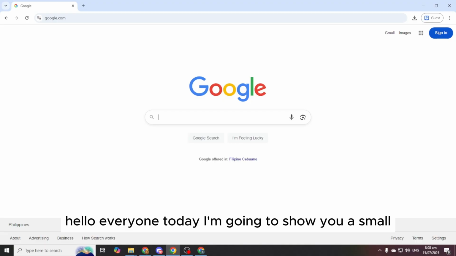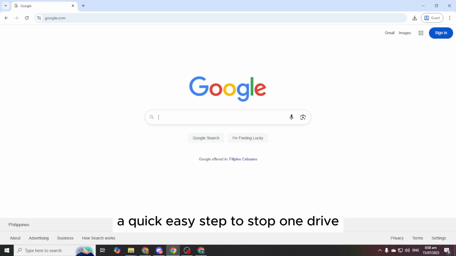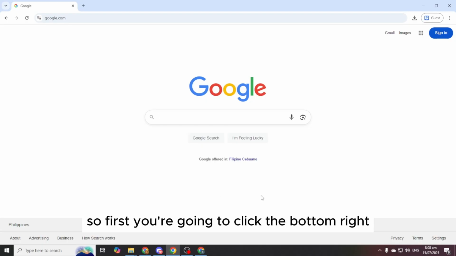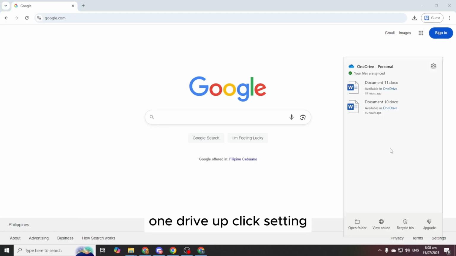Hello everyone, today I'm going to show you a small, quick, easy step to stop OneDrive from automatically syncing with your PC. So first, you're going to click the bottom right, OneDrive icon, then click Settings,